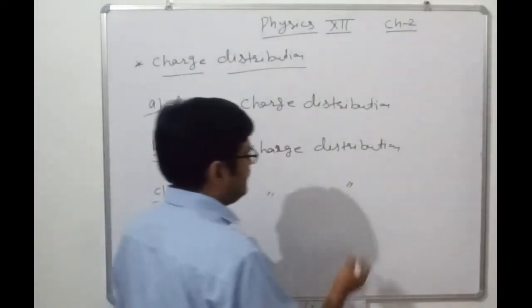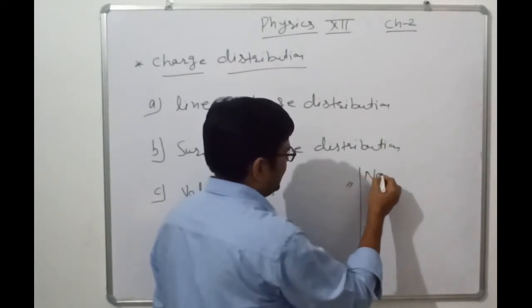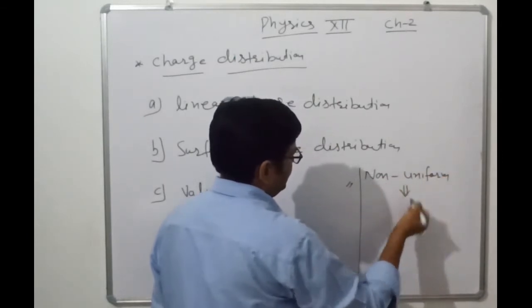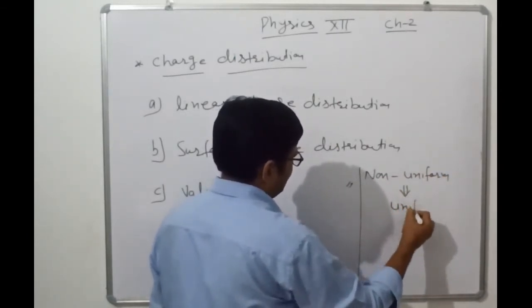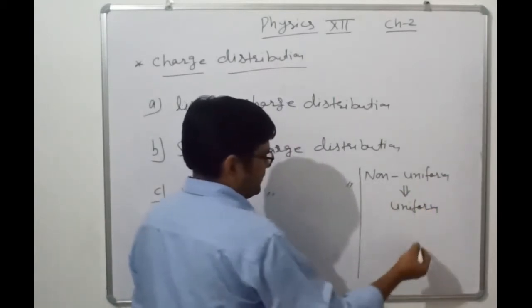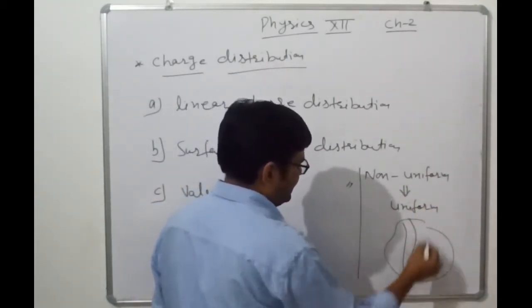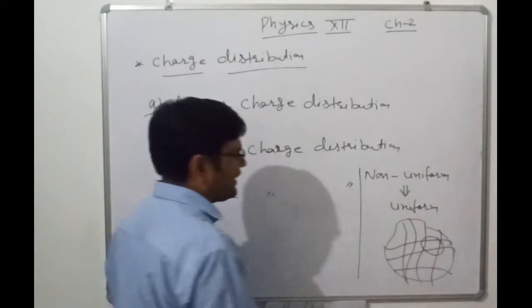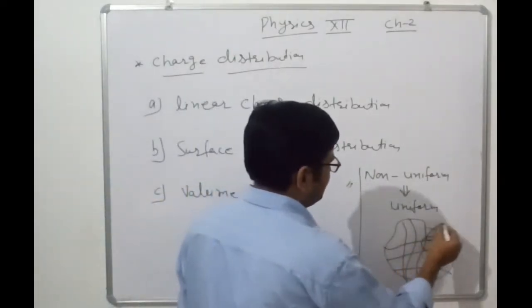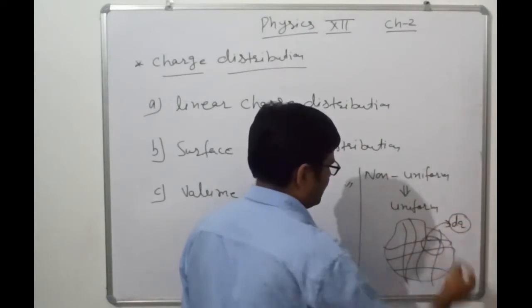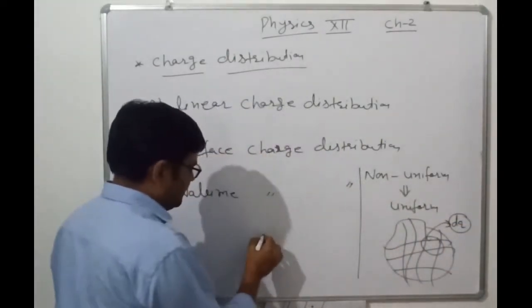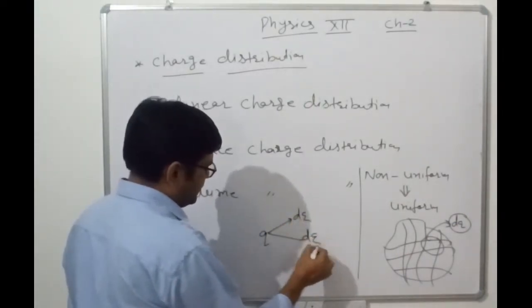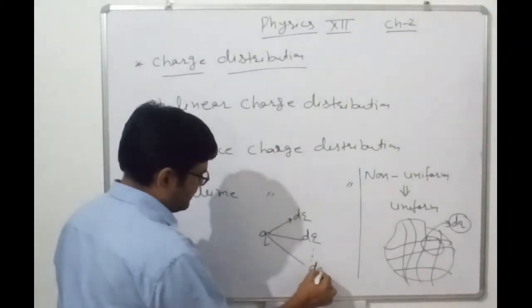Here the formulations I am talking about are for the non-uniform electric field, but they are used in terms of the uniform electric field. Suppose it is a non-uniform electric field, and these are the field lines. Here we consider a particular segment where the electric field lines are parallel to each other. It means we are considering the dq charge. If you have a charge q, then it is divided into small segments dq.